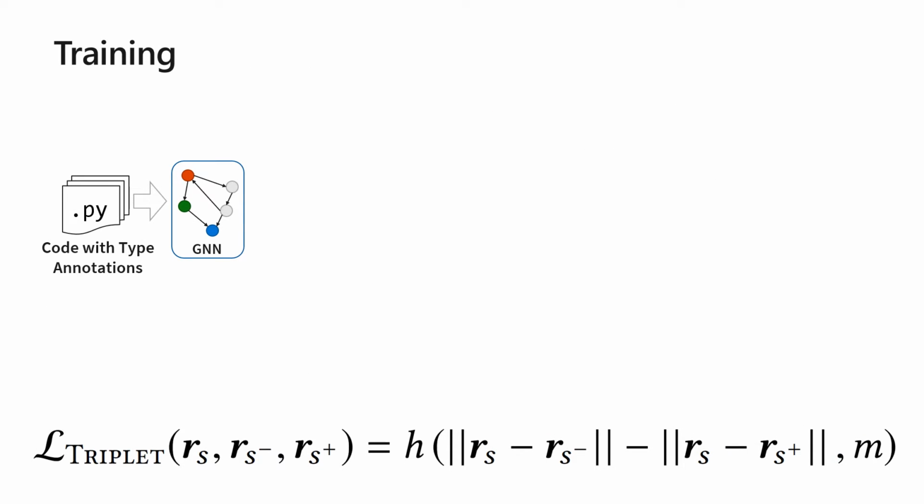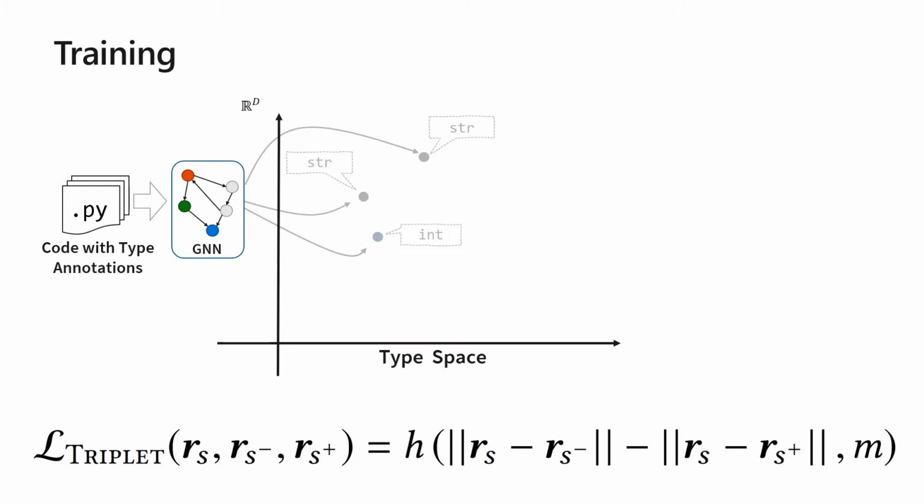So far, we assume that the graph neural network has been trained and that we have a consistent and useful type space. But how is this achieved? We use a variant of triplet loss. As the triplet loss equation suggests, given two symbols S and S plus with the same type annotation and a symbol with a different type annotation S minus, the training objective nudges the graph neural network to learn type embeddings